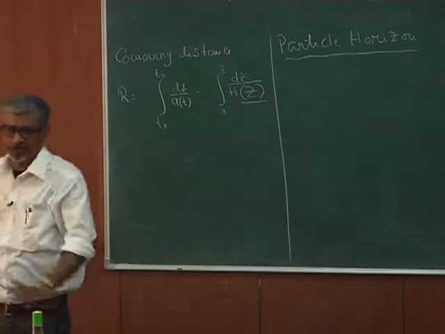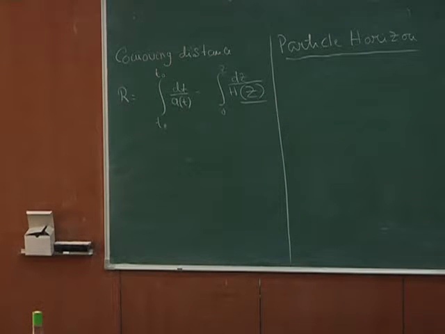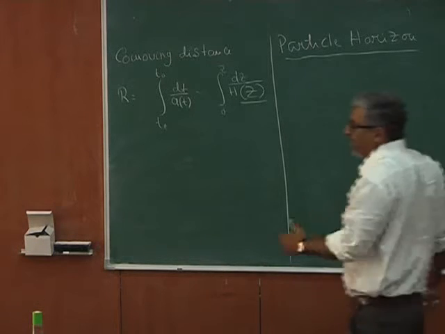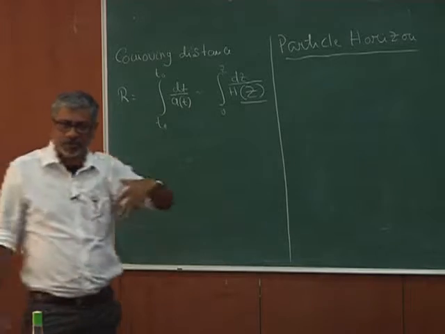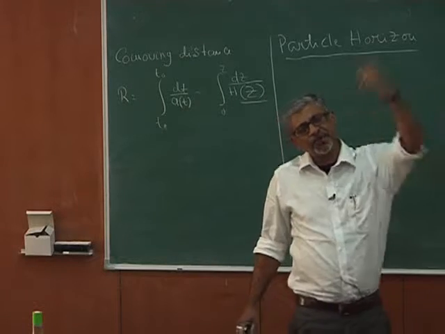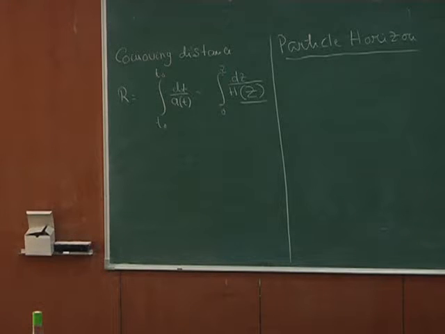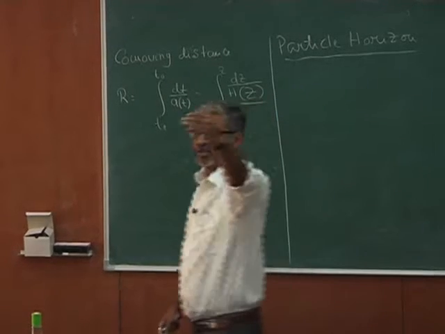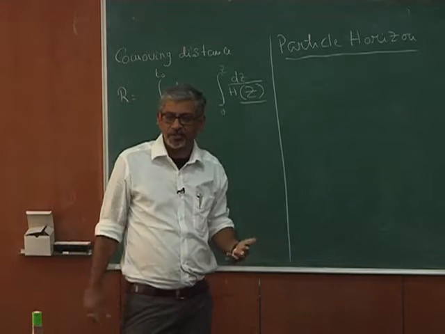There are two horizons in our expanding universe. One is in your past light cone and another is in your future light cone. The past light cone horizon is this: let us say today I am here, and I can receive light which was emitted at some time in the past. Obviously, because light takes some time to travel, at some point in the past some light is emitted and then I am receiving that light. The maximum time scale I can go back is up to t equal to 0, because from there my clock starts. So I can receive light from t equal to 0, with today being t equal to t naught, the age of the universe.